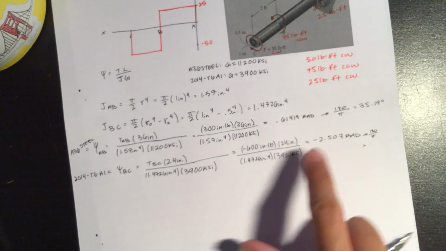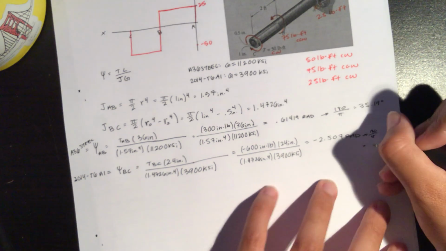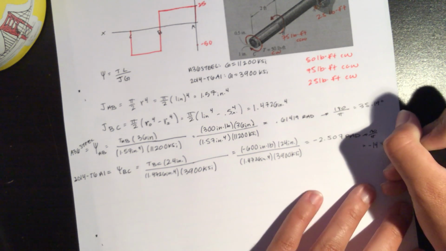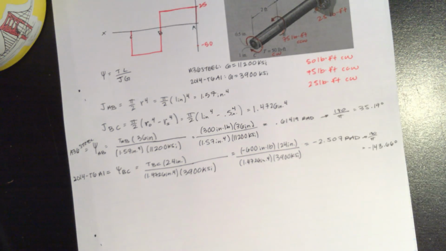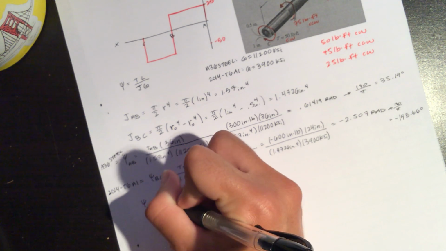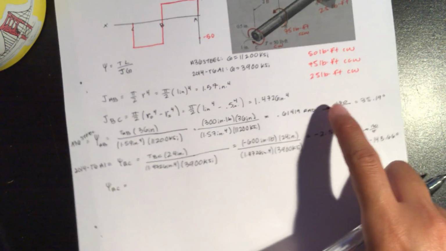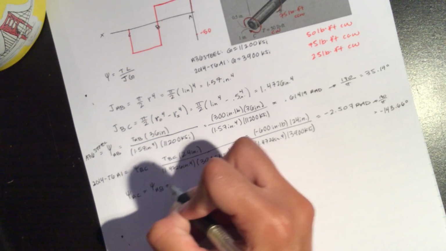And our negative 2.507 multiplied by 180 divided by pi, that leaves us with negative 143.66 degrees. So in order to get the angle from A to C, we add the twist angle from AB